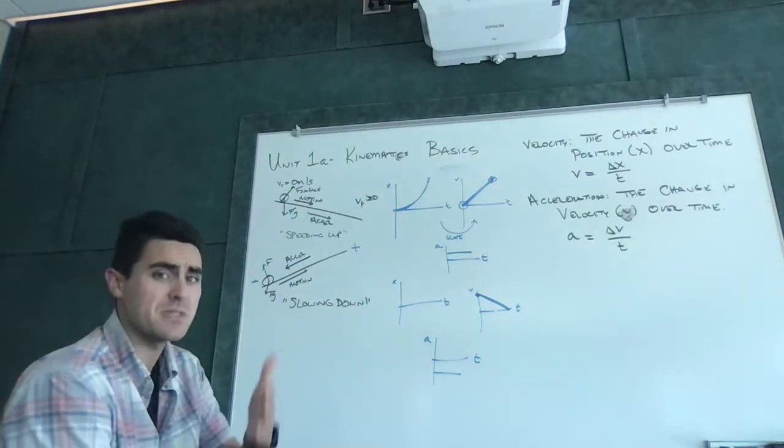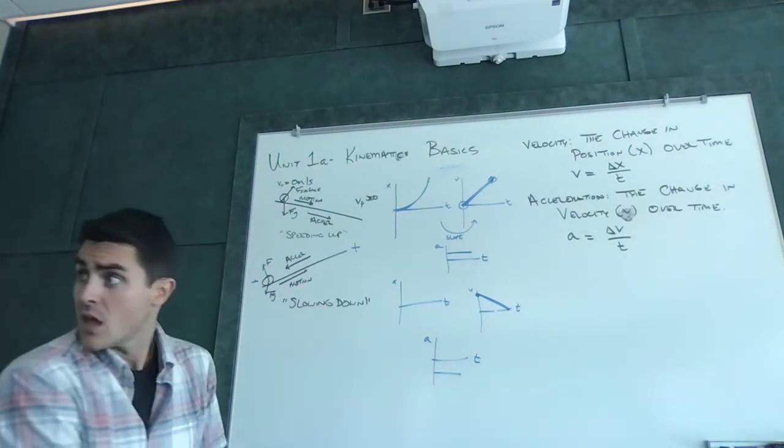The velocity tells me the slope of this graph. So if I look at,